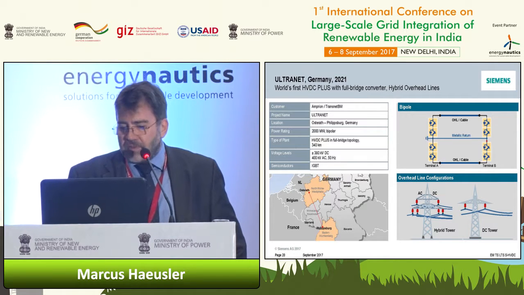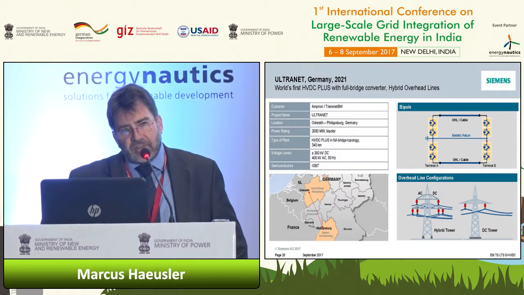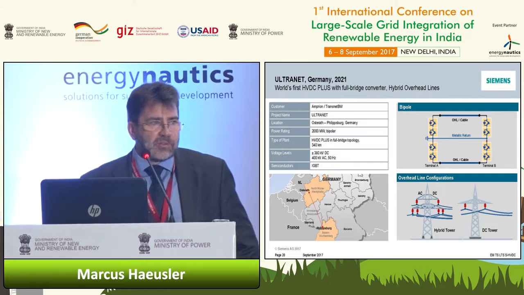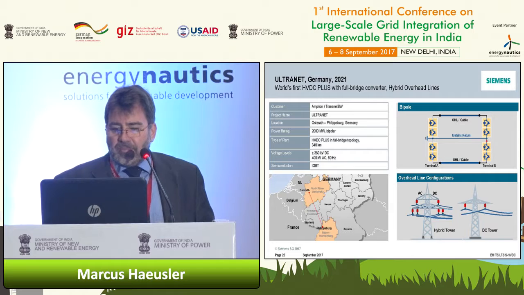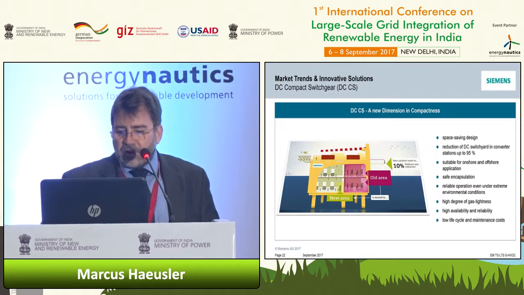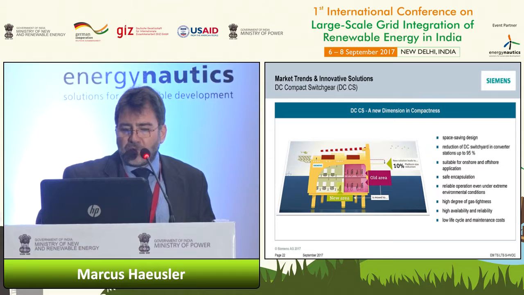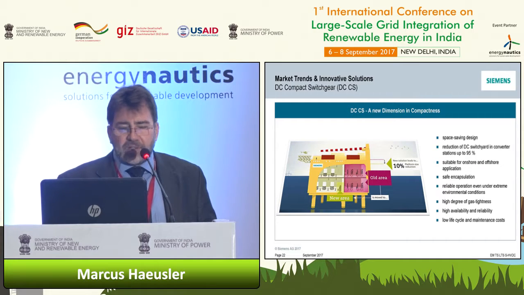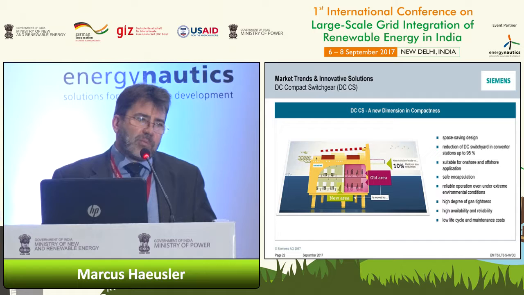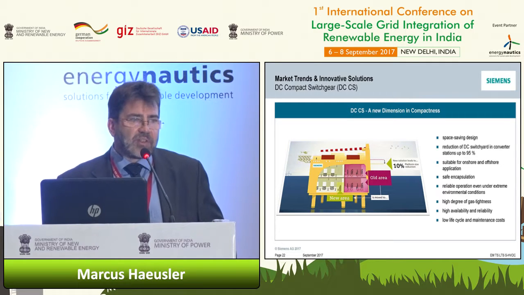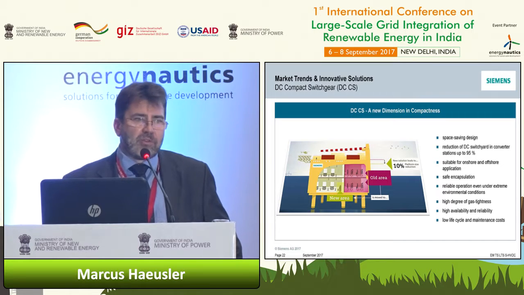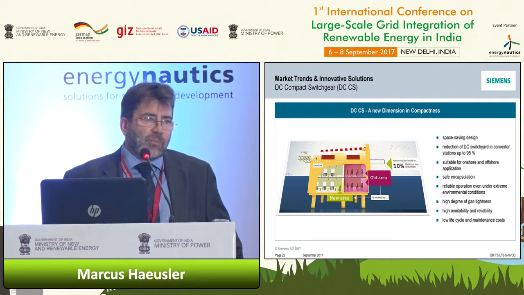And what is also, I think, quite interesting is we are using here a hybrid tower. So we're combining AC and DC on the same tower, which, as far as I know, is the first application worldwide since ever. Last thing is we also introduced now offshore solution also to make a platform more compact by introducing DCCS, we call it. It's a DC GIS system, very compact system, allowing to make platforms more compact and more cost efficient.